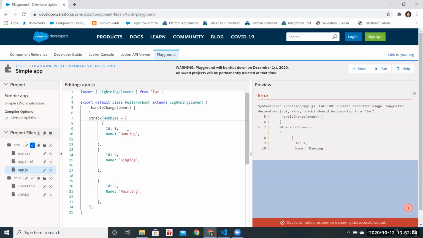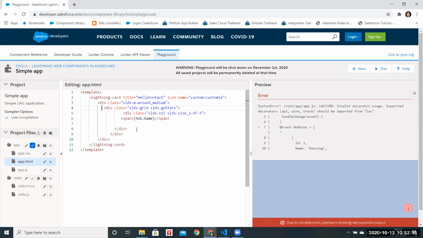Now copy the hobbies and then go to your HTML. Not the complete word, just the word. Can you place it in the span? Remove that hop dot name.